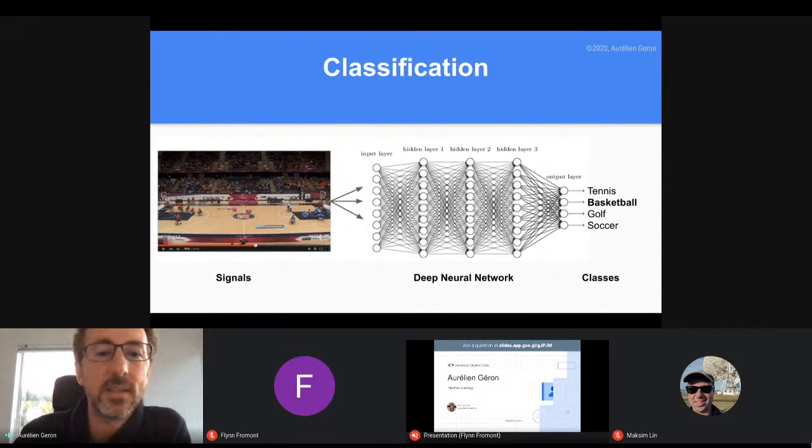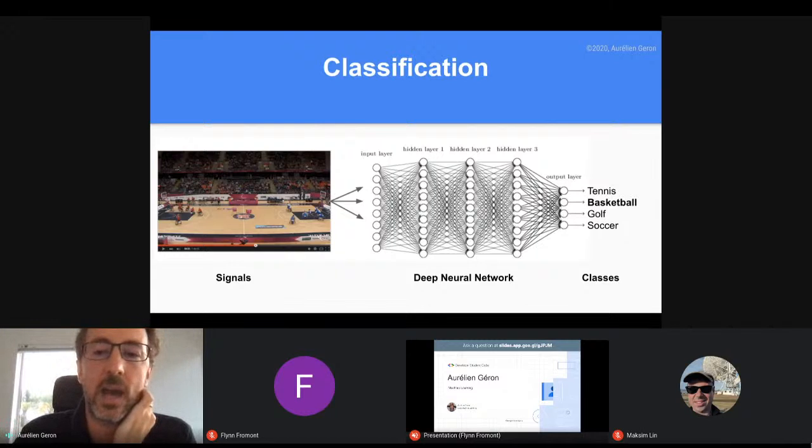What they did is look at the different frames in the video and take all the individual pixels of an image and feed them as the inputs to a neural net. It wasn't the architecture that I showed you. It's a convolutional neural net. It's a different kind of architecture, but it's the same kind of principle, where you feed the data in, and it makes a prediction at the right-hand side.